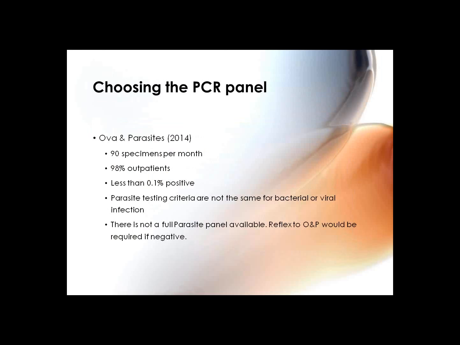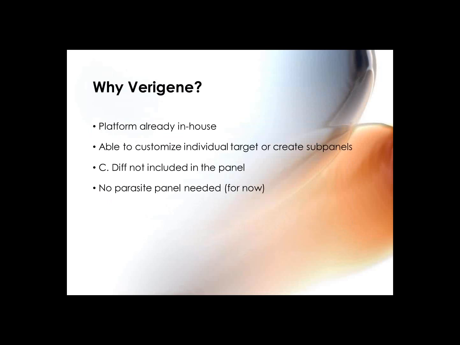There is no full parasite panel available right now, so any PCR-based test that we can use for O&P is required to reflex to the regular trichrome to screen for other parasites. So why the Virgin? The platform is already in-house, able to customize individual targets or create sub-panels, with C. diff not included